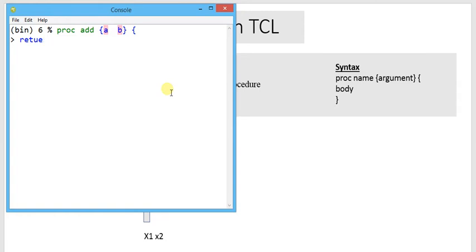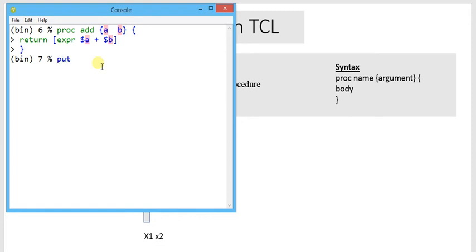Here I am going to write return. Return is the keyword which returns the result of the functionality of this procedure. Return expr $a plus $b, close the braces. So that is a complete statement for a procedure.